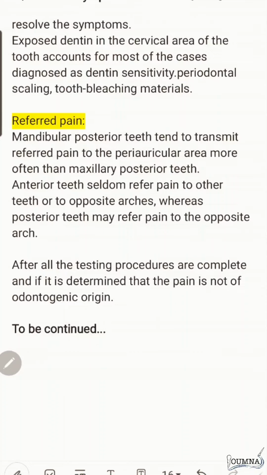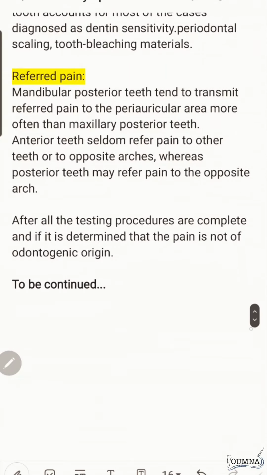Referred pain is pain that is happening in one place and felt in a distant place from the origin of the pain. Mandibular posterior teeth tend to transmit referred pain to the periauricular area more often than maxillary posterior teeth. Anterior teeth seldom refer pain to other teeth or to the opposite arches, whereas posterior teeth may refer pain to the opposite arch. After all testing procedures are complete, the dentist can determine that the pain is not of odontogenic